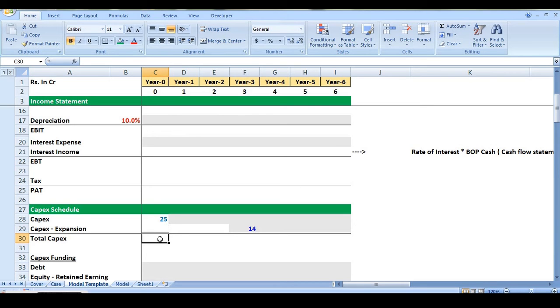Now assuming this to be the fixed assets completed in year 0, my total capex in year 0 is equal to what? Capex for general business plus capex for expansion. Year 1, 2, we do not have any capex converted into fixed assets. But year 3 we have 14 crores as our capex. Year 4, 5, 6 again the values for normal business capex and expansion business capex are 0. So we can simply now calculate the capex values for rest of the period.